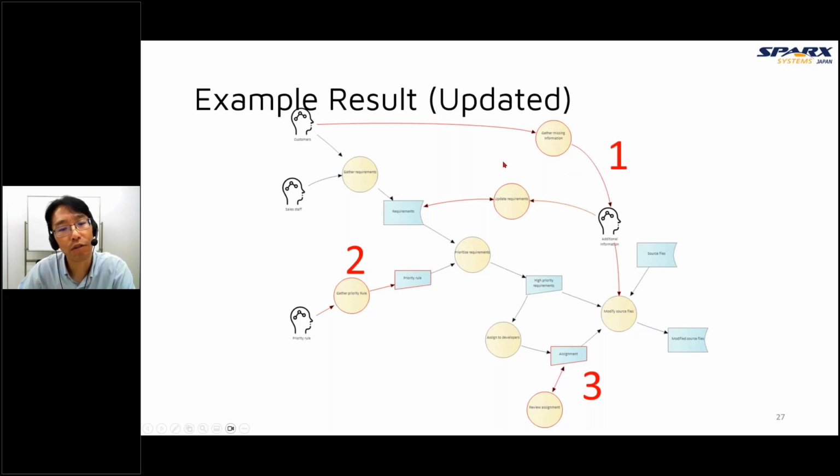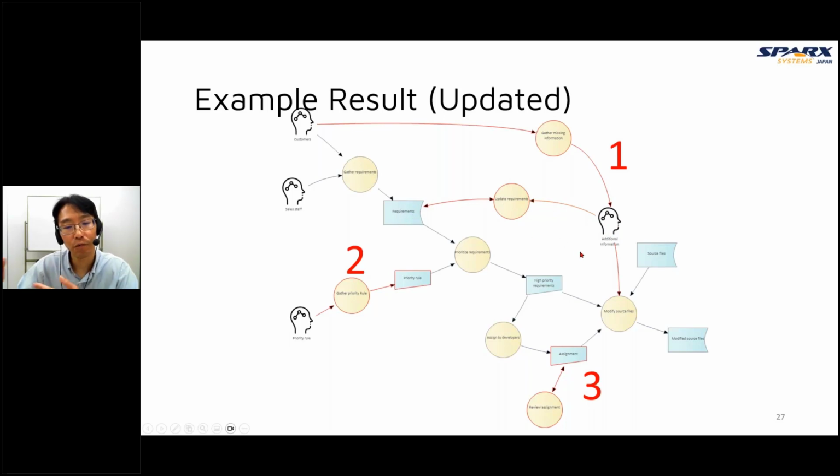In this case, we add a gather missing information process to gather information, but still this information is undocumented. So we add another process for updating the requirements document. It's the same as current, but this additional information is now recorded by updating this requirements information.